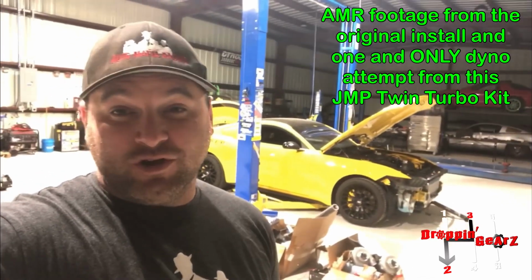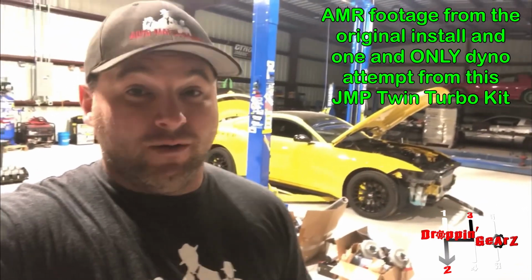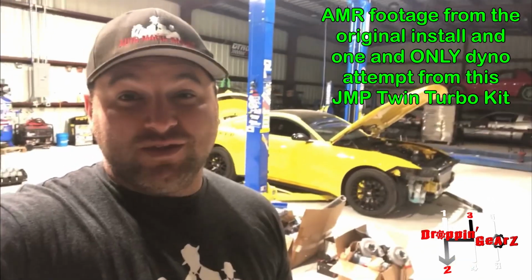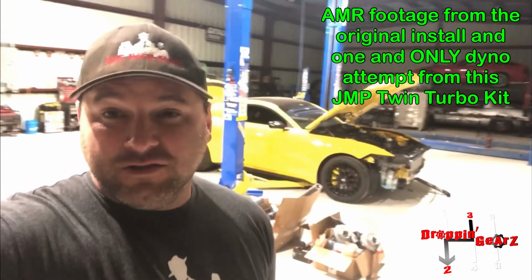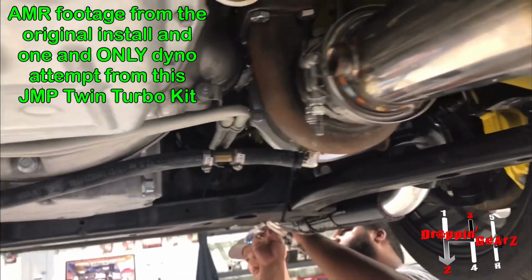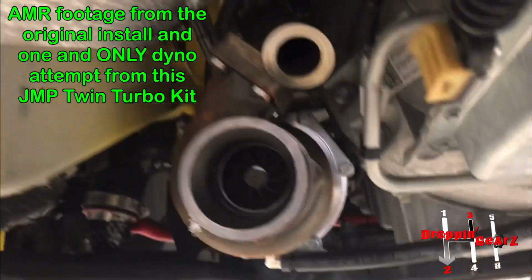This is a JMP twin turbo kit. No, you cannot get it because we don't sell this kit anymore. This is basically the final one of these, and for good reason. There's a lot of things on it that make it a little bit difficult. Ran into several issues. The main one being right now the